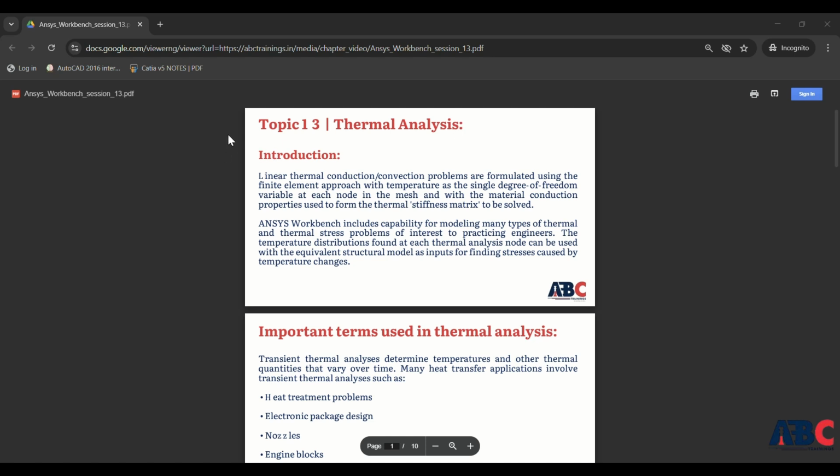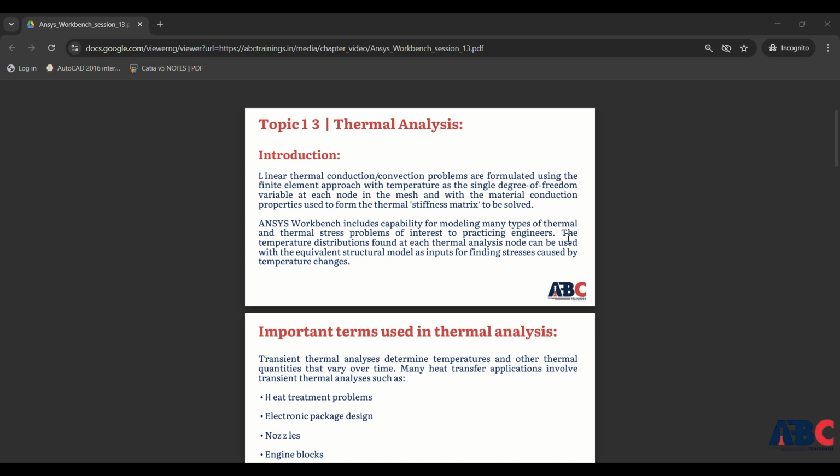Hello everyone. So today we will learn about topic 13, thermal analysis. Linear thermal conduction or convection problems are formulated using the finite element approach with temperature as a single degree of freedom variable at each node in the mesh, and with the material conduction properties used to form the thermal stiffness matrix to be solved. ANSYS Workbench includes capability for modeling many types of thermal and thermal stress problems of interest